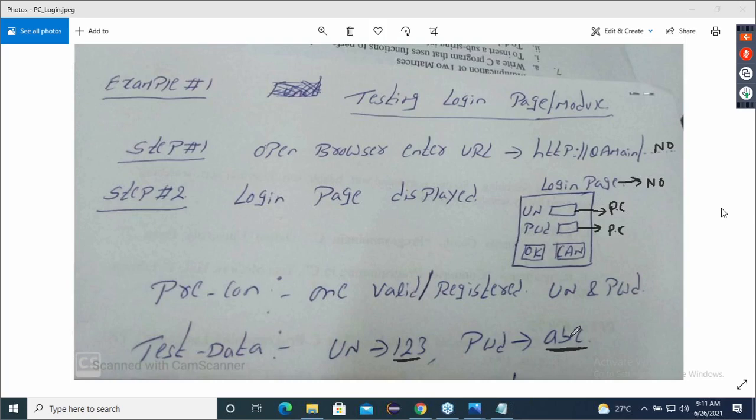Understand the question. Can he register this username and password, or can he only tell this? Oh, he can register, he can register. Very good, very good. Anyone says, no, sir, he cannot register? And why?